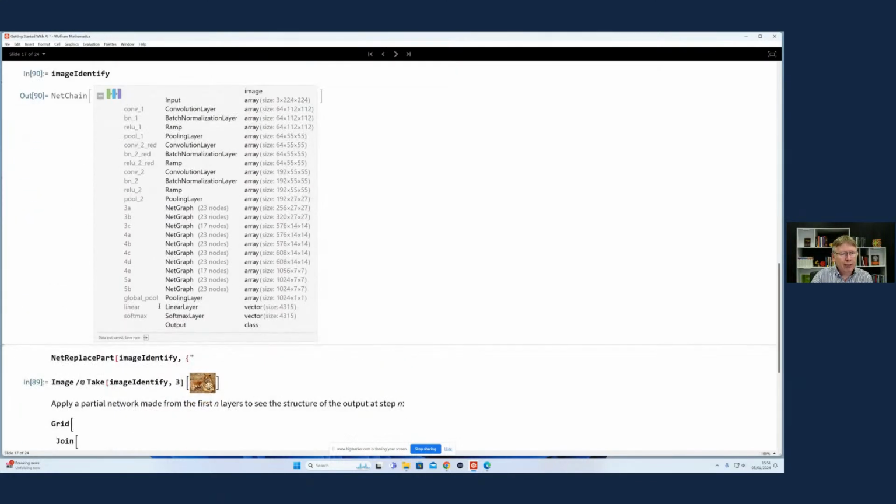I'm going to change this last linear layer to be size 3, so I can have it not predict from 4,315 things like tigers and cats and dogs, but do rock, paper, scissors, for example. I would replace the linear layer there with a fully connected 3 layer, and I would have to do something else here with the encoding and decoding. The encoding is okay because those are images. For the decoder, I want to give a new output classification